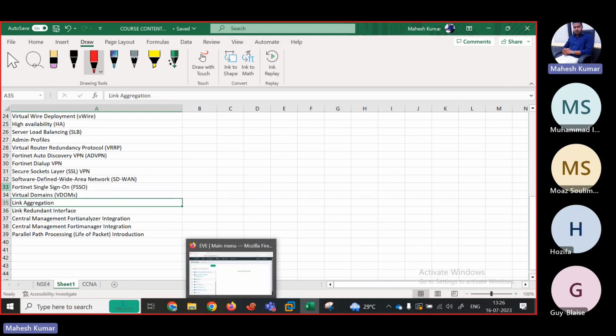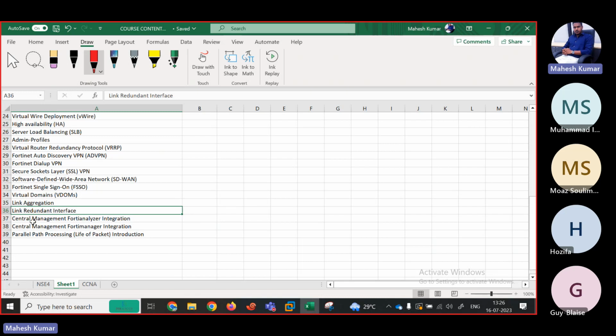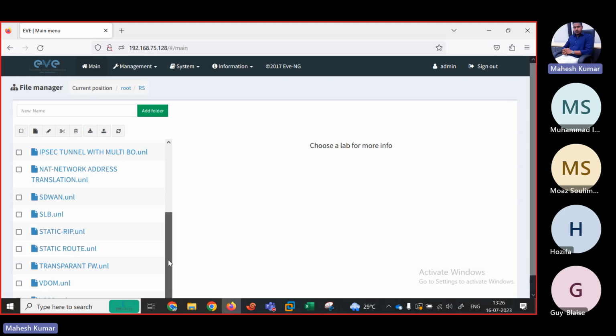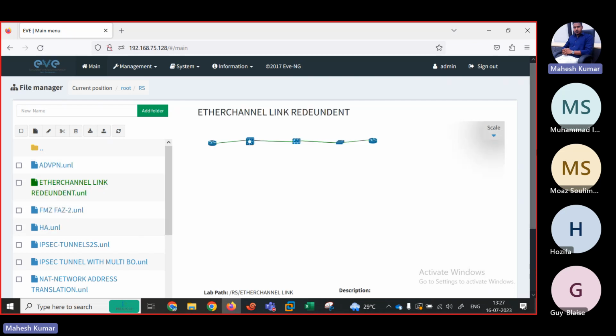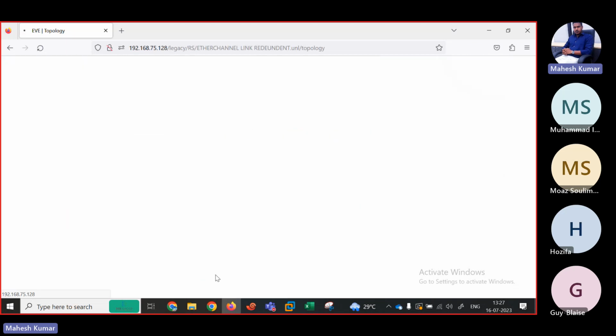Link aggregation and centralized management. Link aggregation, redundant interface, and centralized management with FortiAnalyzer. So FortiManager and FortiAnalyzer are also kinds of devices that we can use. I'm just showing you link aggregation first. On this link aggregation, if you check, there is an